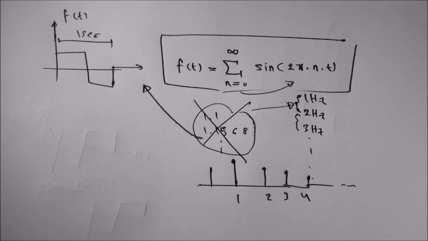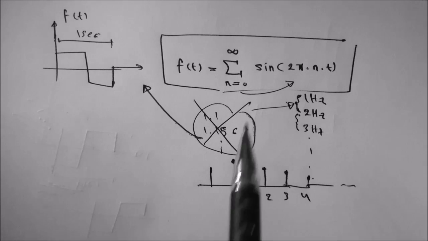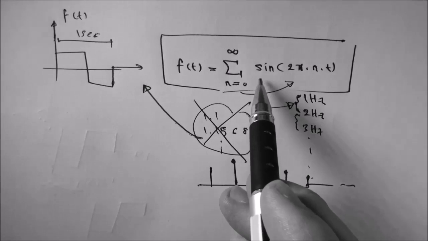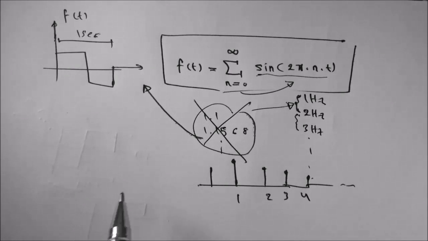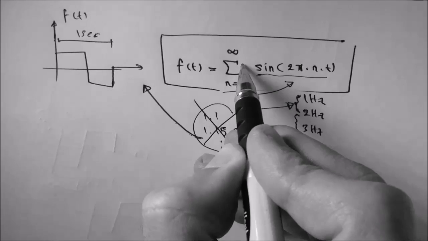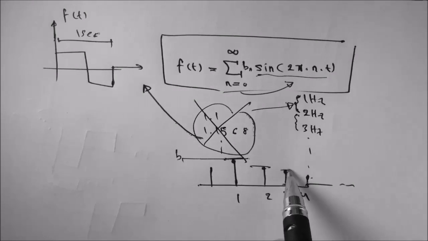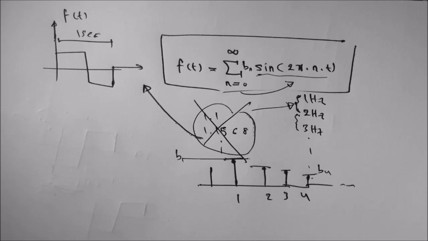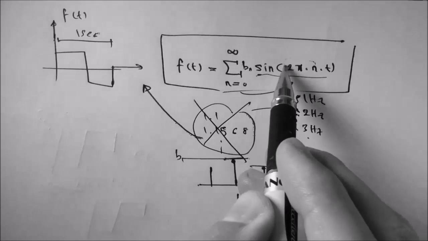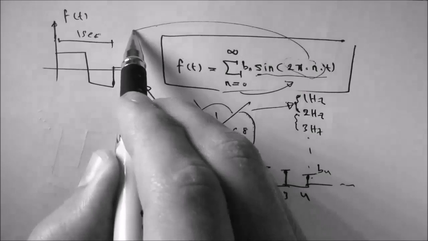At the end of this topic, the addition of periodic signals, we ended up with this formula. Each component has a certain magnitude, let's call them Bn. So this is B1, this is B2, this is B3, this is B4, and so on. We'll talk about them later. For now, we say that this is the nature of frequencies that may be contained in such a periodic signal. Now, to find the magnitude of each component, we need to talk about the phenomenon